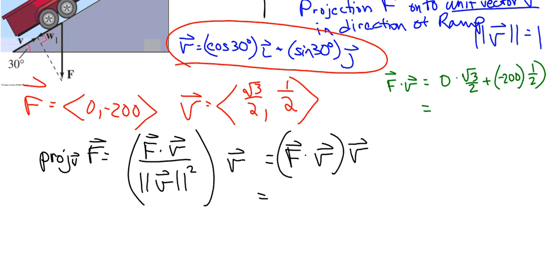Negative 200 times 1/2 is negative 100. And so that's just going to be negative 100